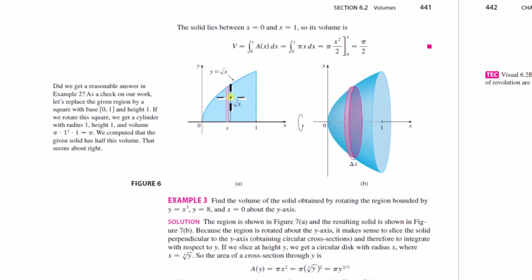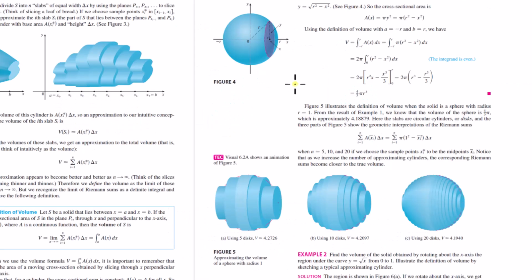You see, it's all about the general volume formula. You want to find the A of x, the area of the cross-section as a function of x, and that's what I meant by for each of these problems, the approach is different, right? So the setup and approach to this was different than this